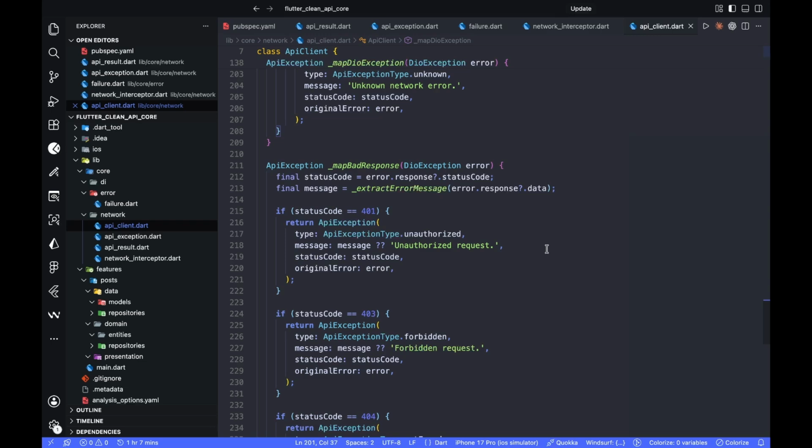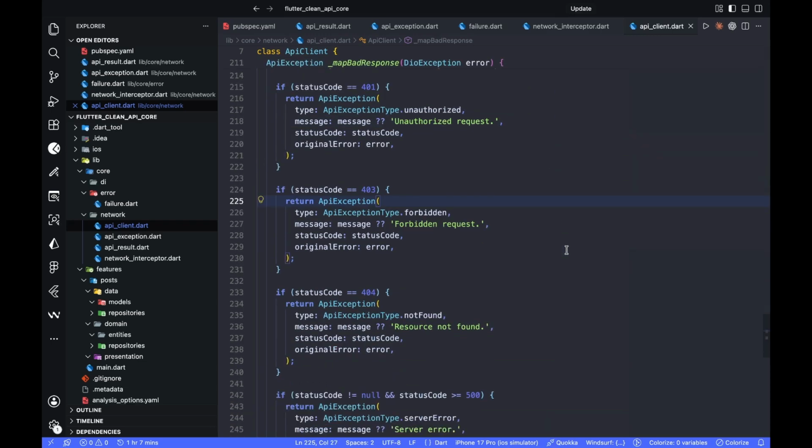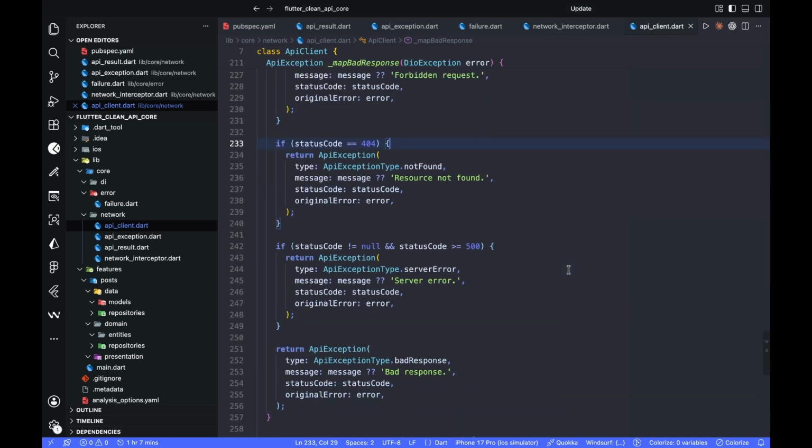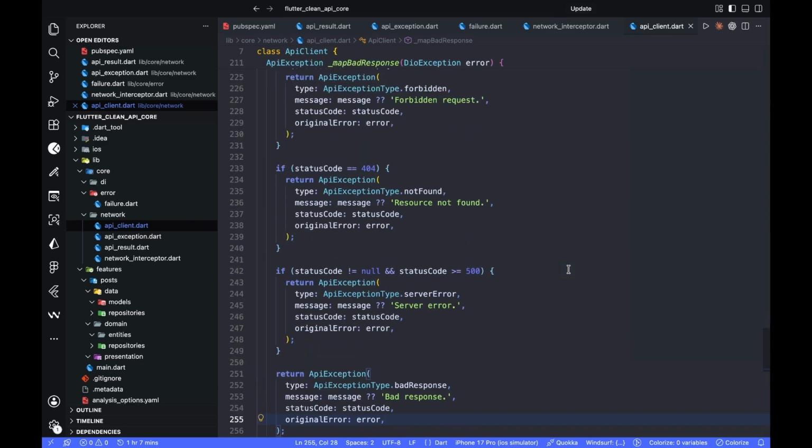For bad HTTP responses, we check the status code. 401 means unauthorized, 403 means forbidden, 404 means not found, 500 and above means server error. Everything else becomes a generic bad response. This is basic, but it's already much better than just throwing the Dio exception upward, because now every bad response goes through one predictable path. If you later want to handle 422 validation errors, rate limits,